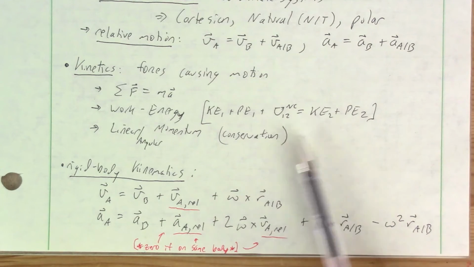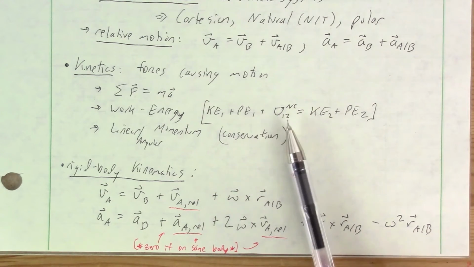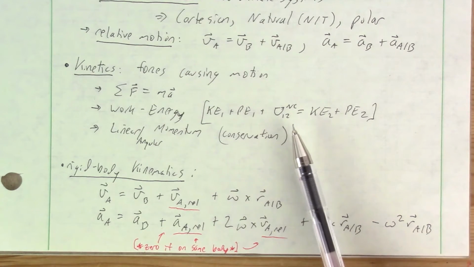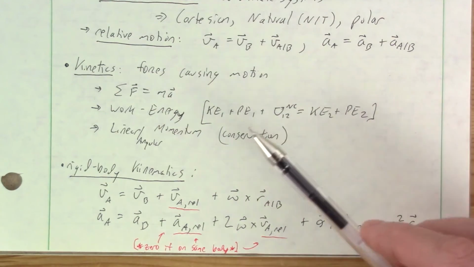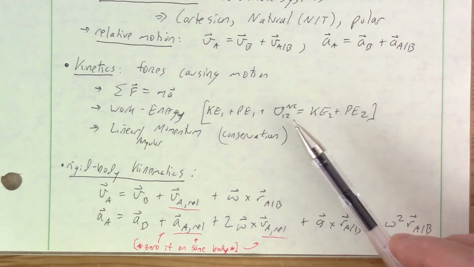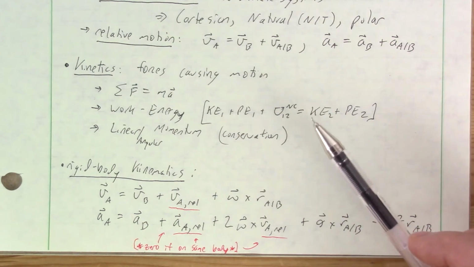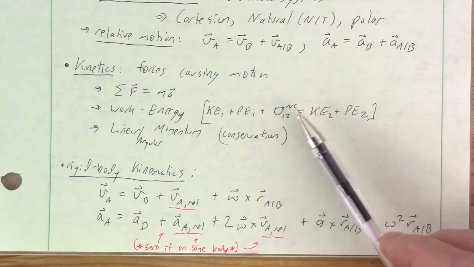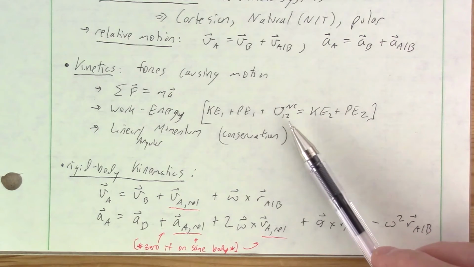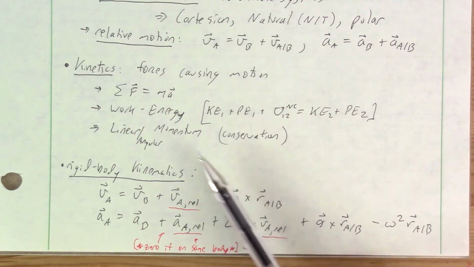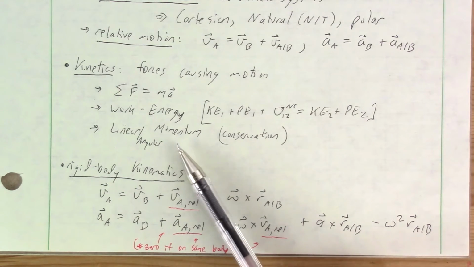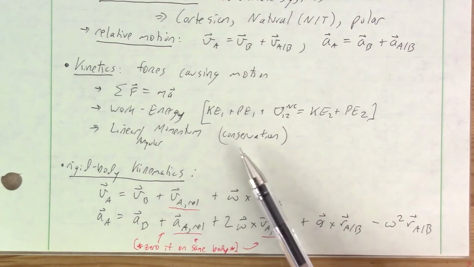We have 2-state analysis here, where if there is any non-conservative work like friction, anything else that's path dependent, we do need to integrate that energy loss along the path direction. Where this becomes a good technique is when we can cancel that out, or like friction, right? We know maybe a constant friction case, then we know how this behaves really well, and we can determine this term. But if anything gets really complicated, like when we get to impacts, this is not going to be a useful tool. Right, so that led us into linear and angular momentum analysis,